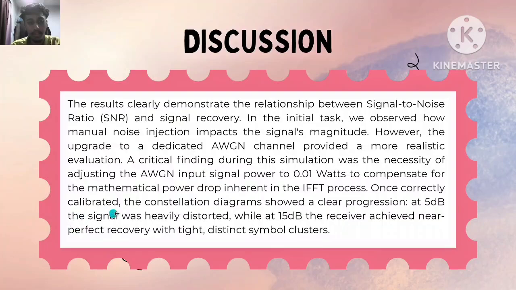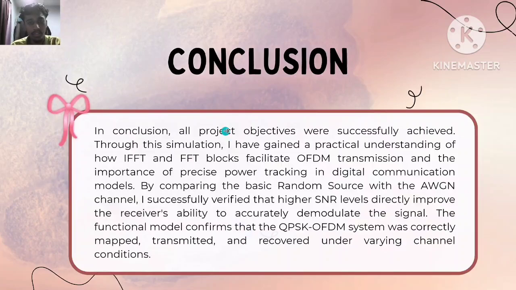Once correctly calibrated, the constellation diagrams show a clear progression. At 5 dB, the signal was heavily distorted, while at 10 dB and 15 dB, the receiver achieved nearly perfect recovery with tight, distinct symbol clusters. In conclusion, all project objectives were successfully achieved. Through this simulation, I have gained a practical understanding of how IFFT and FFT blocks facilitate OFDM transmission,